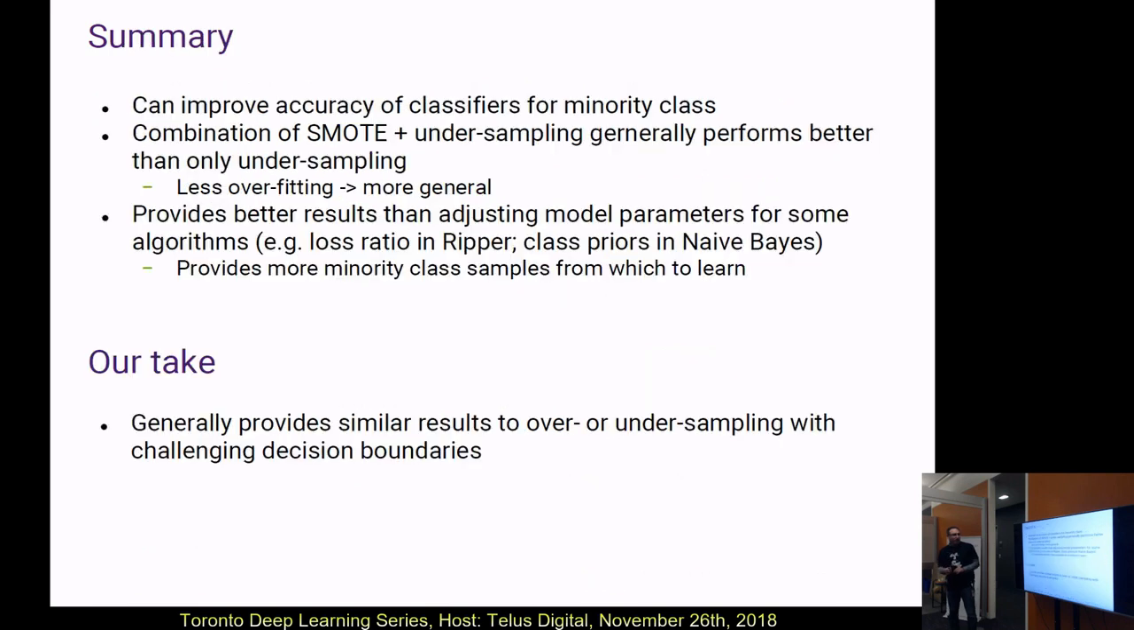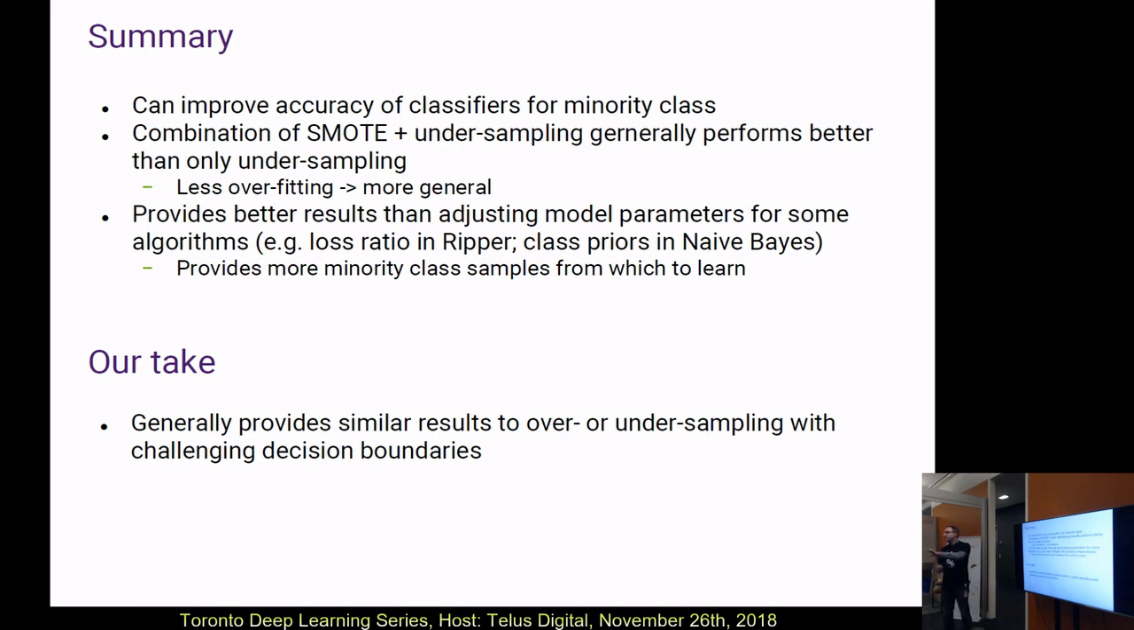Okay, so just to do a quick summary, I think they've shown that it can improve the accuracy of classifiers, especially for the minority class. The combination of SMOTE plus undersampling generally performs better than only undersampling, which leads to less overfitting. It's more generalizable, and their results suggest that it provides better results than adjusting the model parameters in specific